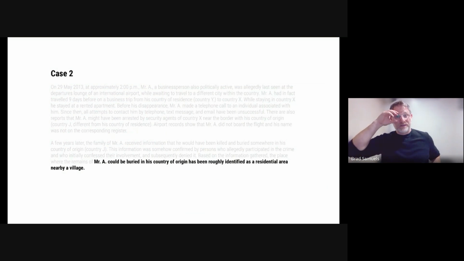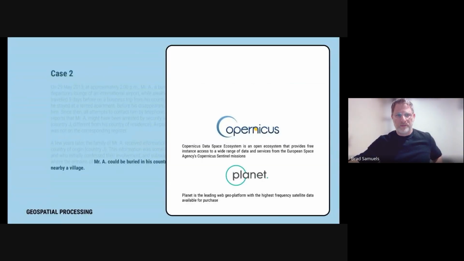And then the final detail of case 2 is where Mr. A could have been buried in a residential area in a village, and this would bring us to looking for satellite imagery, for example. The temporal resolution and commercial availability of satellite imagery has drastically increased in the last decade. If you're looking at the last 3 years, for example, you could expect to have satellite imagery almost every day. In 2013, it was more episodic, but you could expect to get some satellite imagery captured of the site,